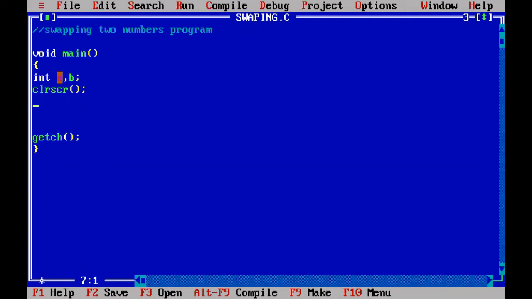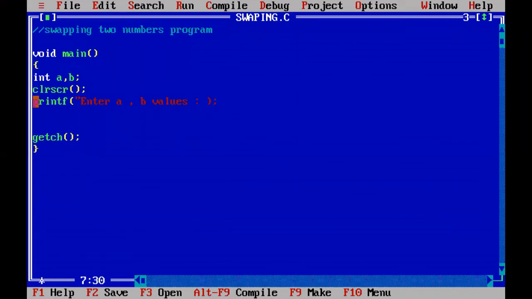Now you read a value, b value from the keyboard. To enter from the keyboard, ask the user to enter some values. Enter a comma b values.